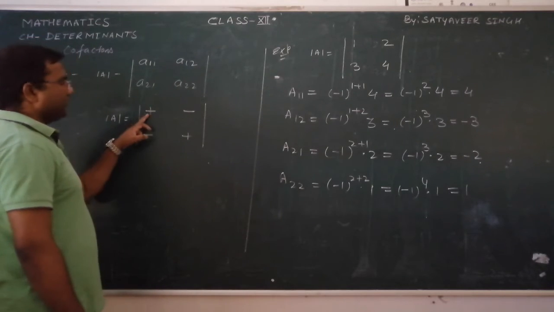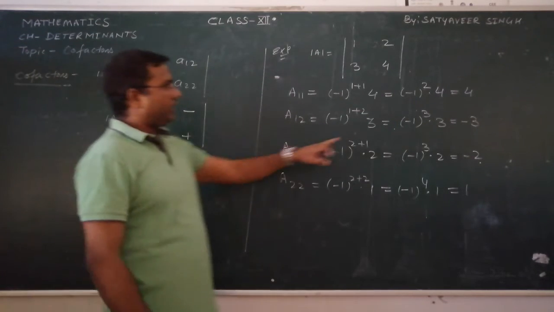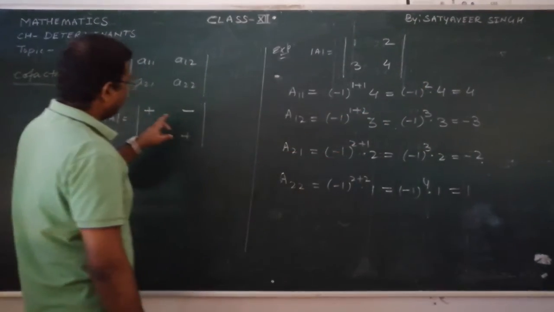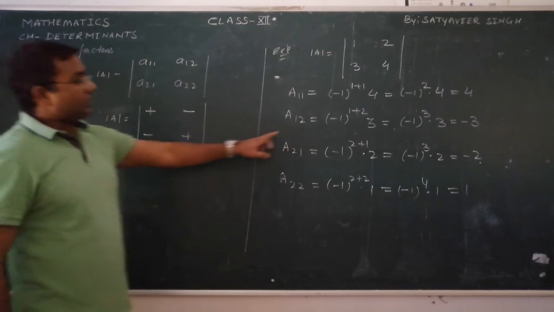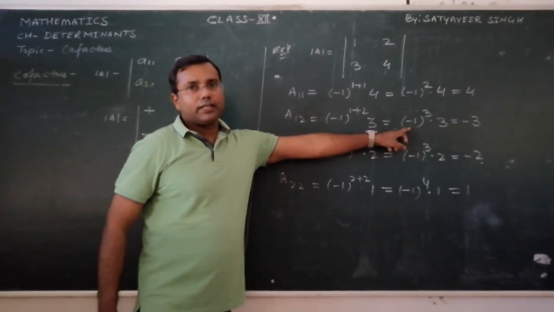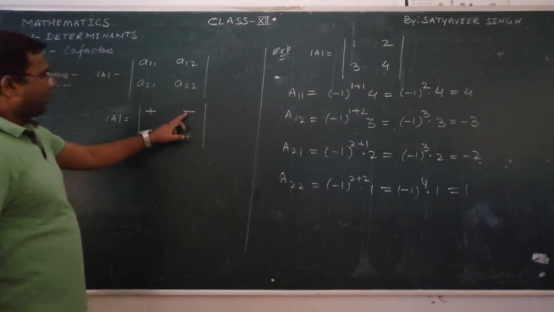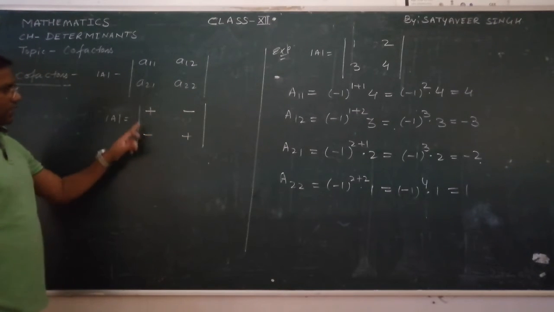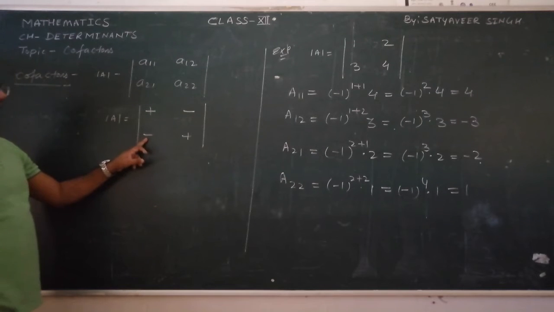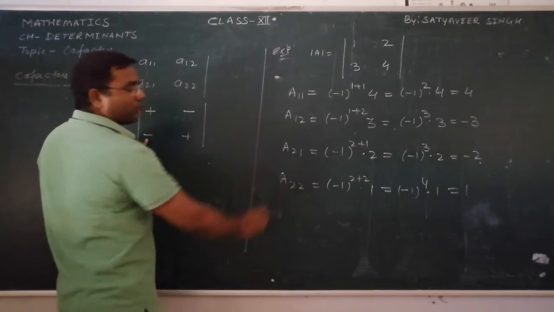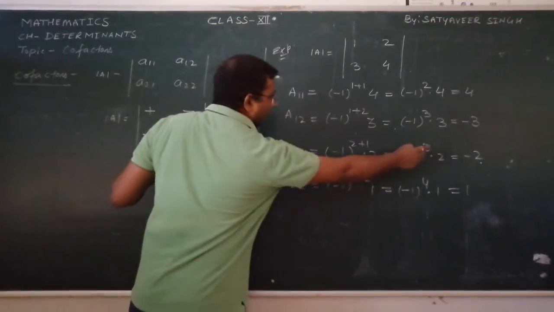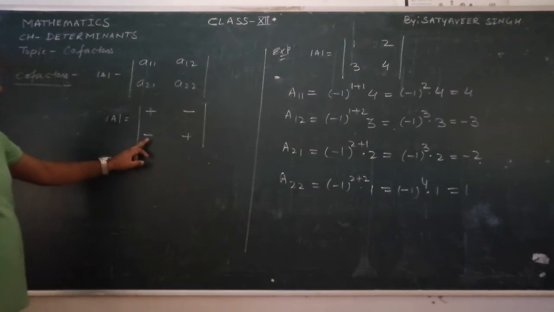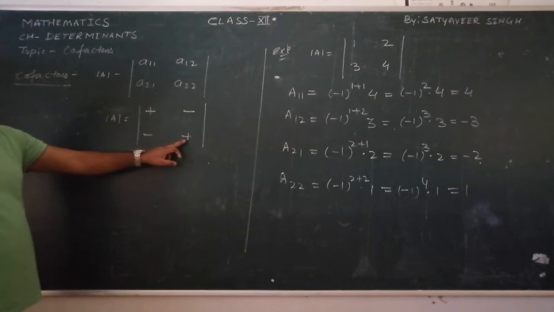see now, you can easily understand this plus we are getting because here it is minus 1 raised to 2, it is always positive, so we have written here it is plus. Minus 1 raised to 3, if you do, you will get minus 1 only. So we have written here for the second element of the first row minus only. And the first element of the second row, that will be represented by a21, and the value is what? Always negative, because minus 1 raised to 3 will always be negative. So that is why here it is minus.